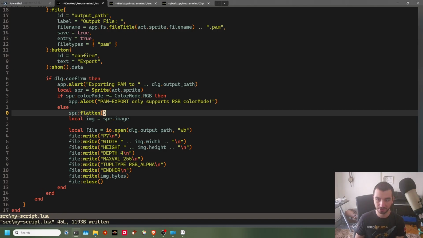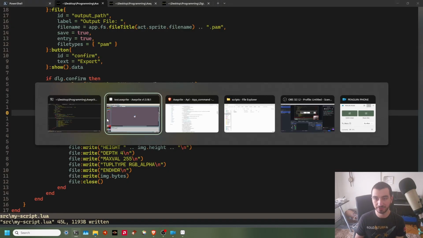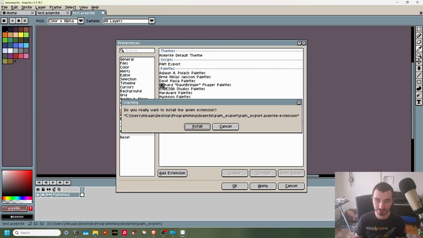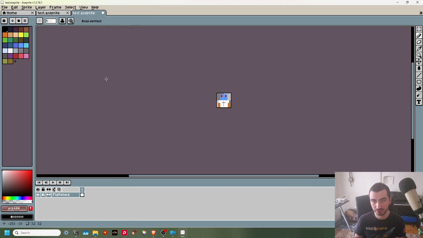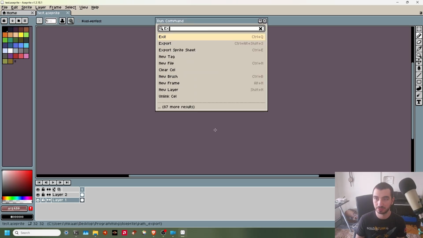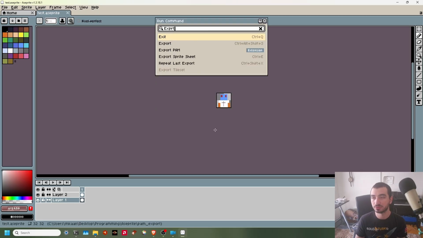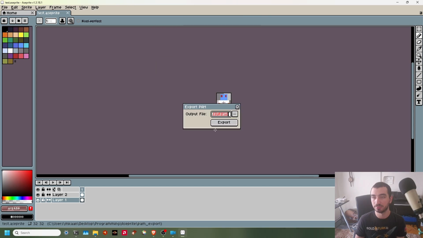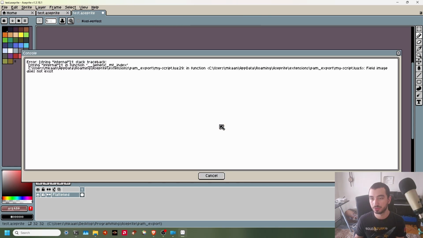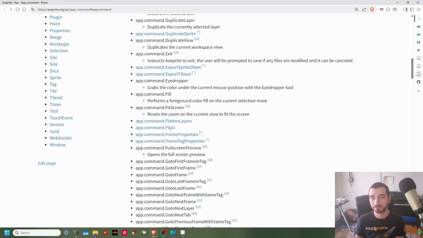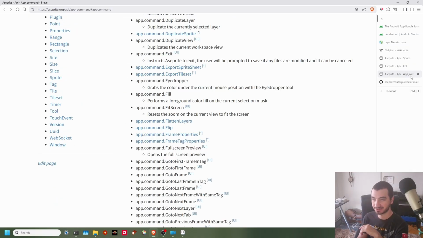Do we have an image that we can access? I don't think we do, by the way, because the API doesn't say that we do. Okay, export. And yeah, we don't have it. That sucks. Okay, this sucks. So,